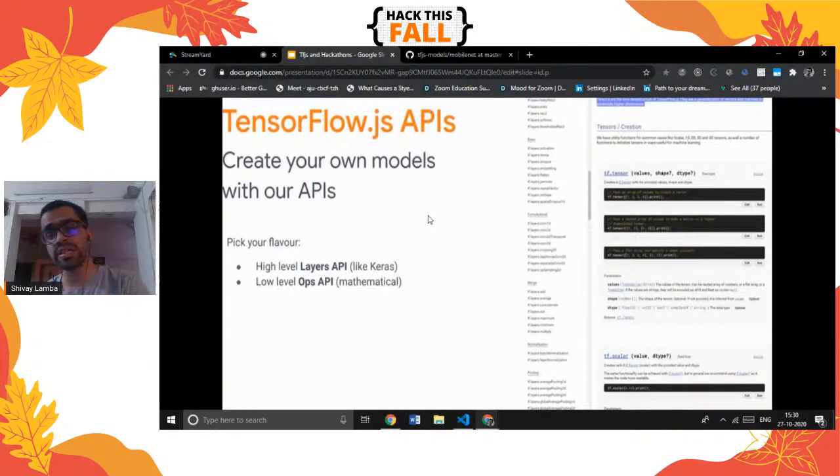But to assist those people who might not want to go into that much depth writing their own mathematics, they can use a high-level library that has been created on top of TensorFlow called Keras. Keras provides you some inbuilt functions that you can directly use to help in your project. Similarly to TensorFlow and Keras, TensorFlow.js also provides you a low-level ops API, which provides you control